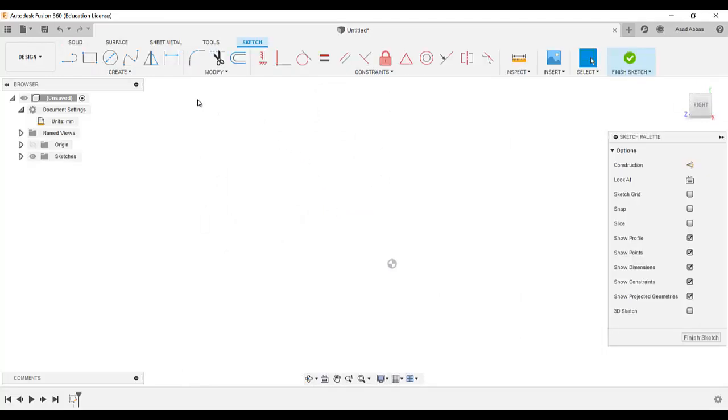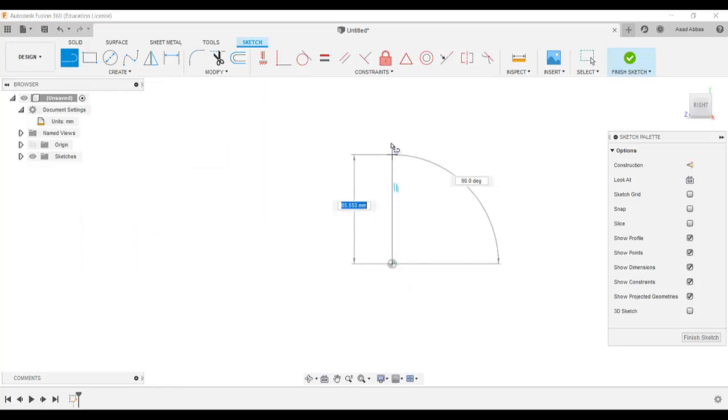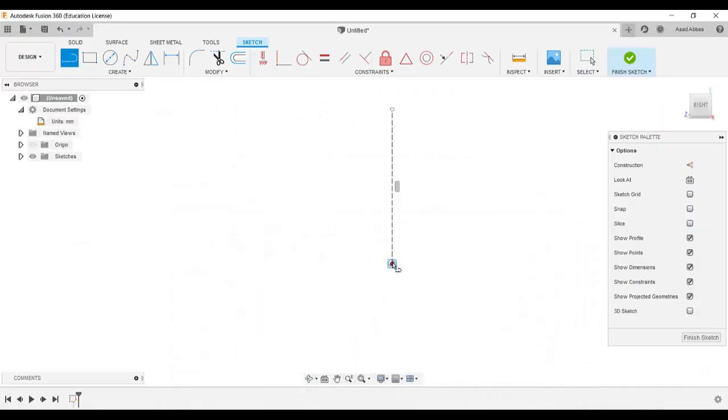Go to create sketch, and for this sketch I am going to select this left plane. Click on it, it will be in front of you, normal to you. So first I am going to draw a vertical line, and I am going to make this line a construction line. Now I am going to select the line tool again, and I am going to make this profile like that. So starting from this point, go here,